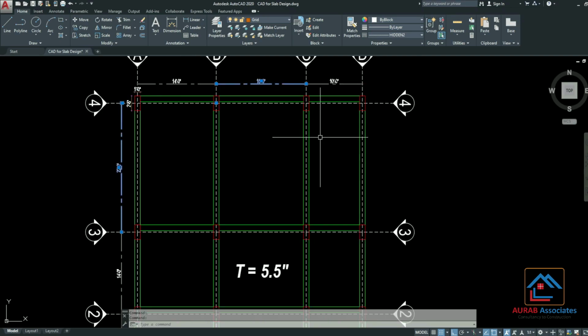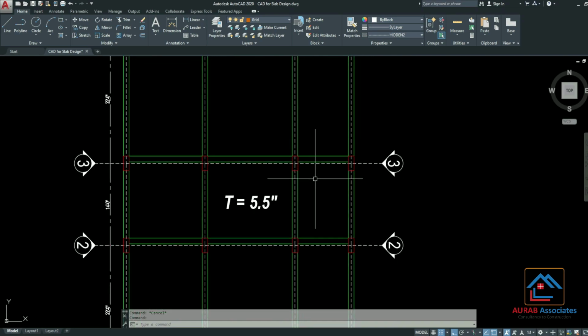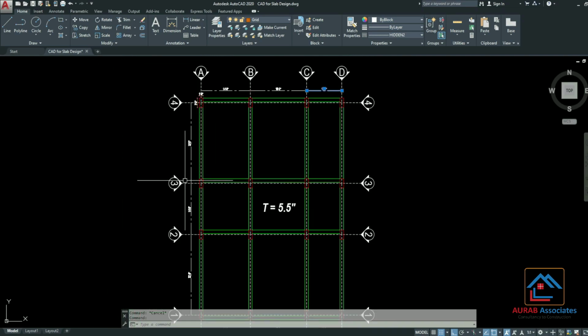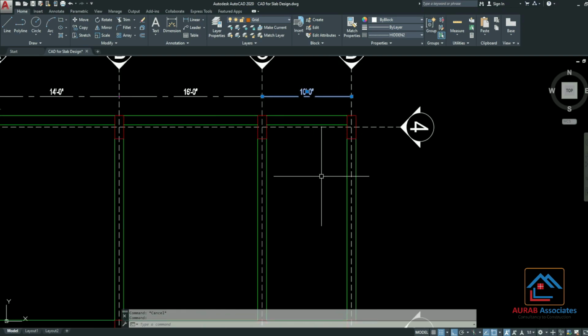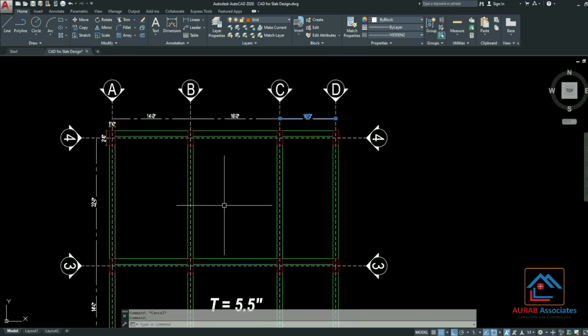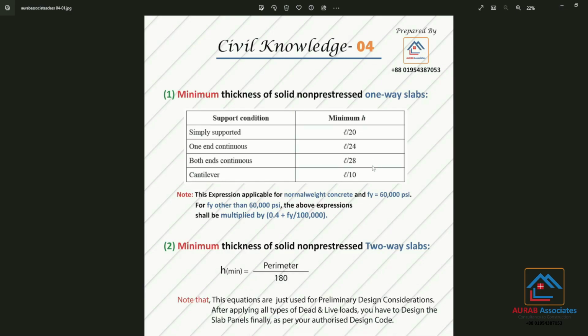Now calculate a similar thing for this one-way span, which is 10 feet and one end continuous. Actually two end continuous here, this one, and okay, actually this is one end continuous here. This direction is one way, so this is one end continuous. So the equation will be L by 24.